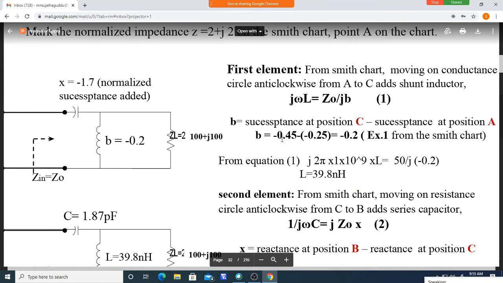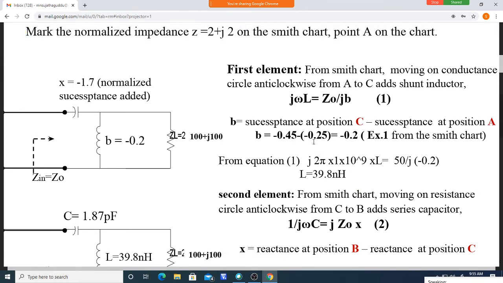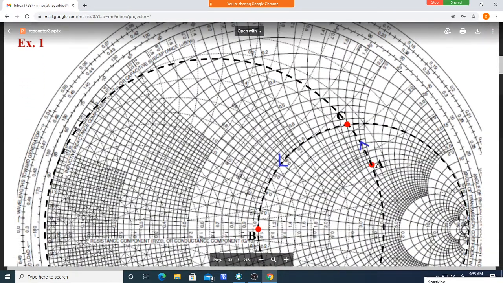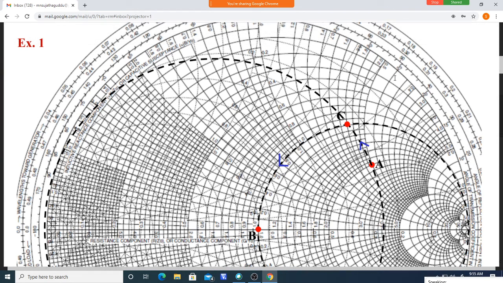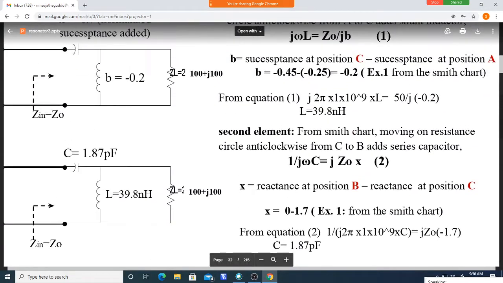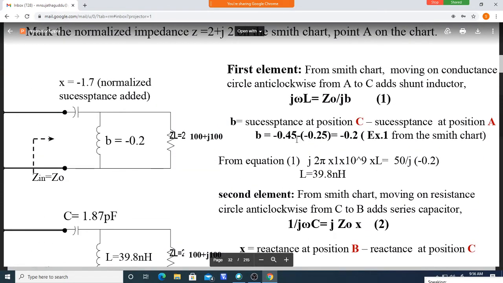Actually it is minus 0.45 minus 0.25, because here you see, what is this value here? This is 0.5, this is 0.4. In between, if you take some susceptance value 0.45, and above, the B values are negative, so minus 0.45. Similarly here, the B value is in between this and this, 0.3, this is 0.2. In between those two is the 0.25 B value.